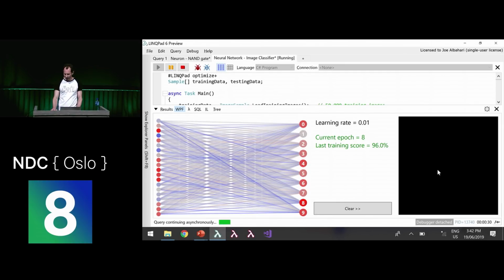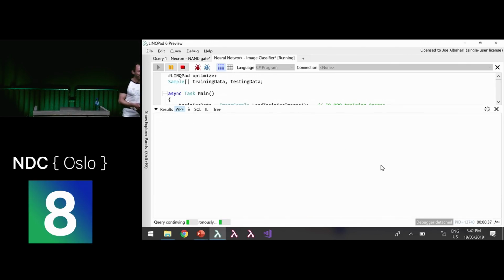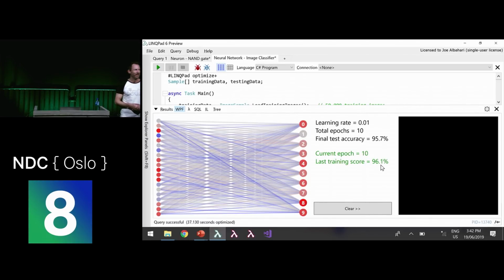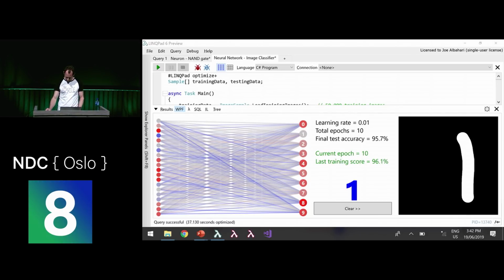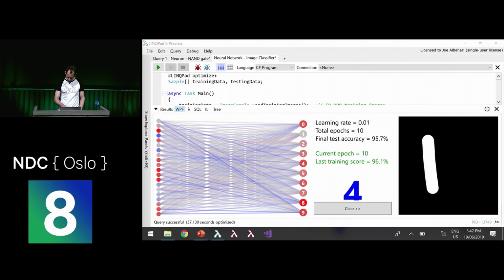Now, on the right-hand side, we've got a canvas that we can draw on, because it's one thing to run it against the test data, but it's something else to actually draw something on here. So wish me luck. I'm going to draw something. We'll see how it goes. I'll put a 1 in there. It got that right, which was kind of surprising. Let's give another go. Oh, I thought it was a 7. That's all right. Got that right. Thought that's a 4. Was a 4. It's not doing terribly well, is it?